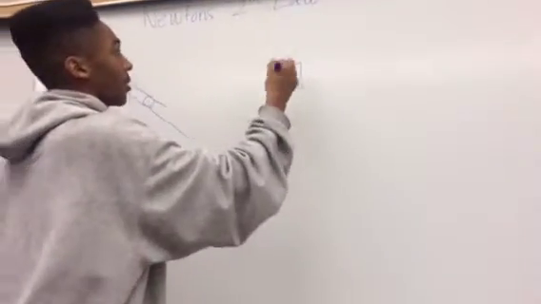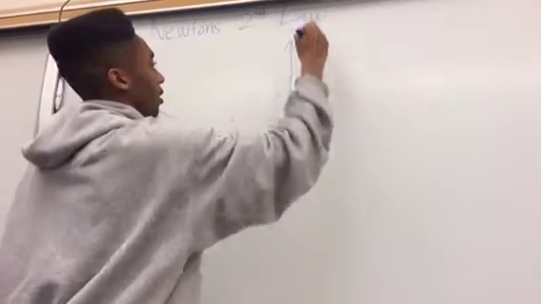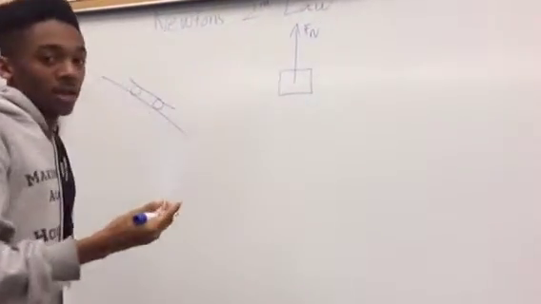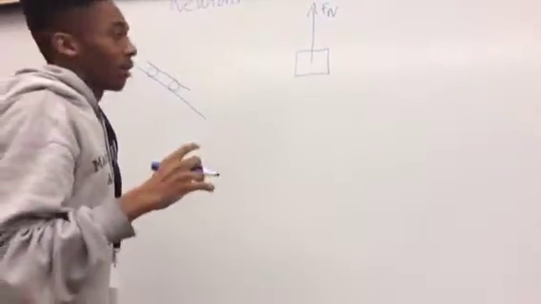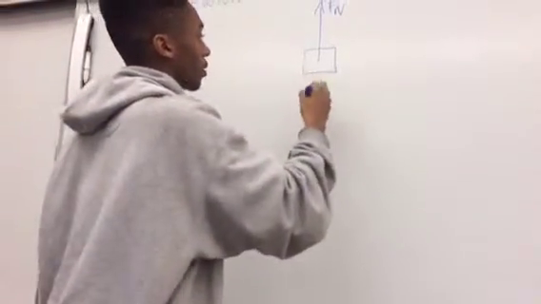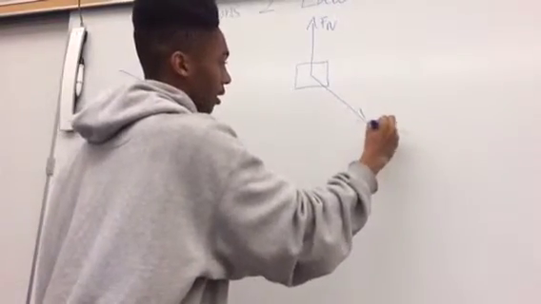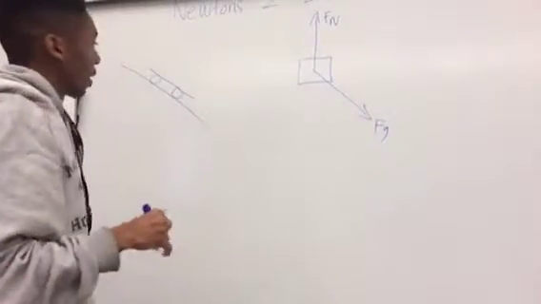So our first force that I'm going to draw for you is the normal force. This is always going to be acting on it if an object is on a flat surface, or any surface in general. With this force, there's also going to be the force of gravity. It's going to be at an angle because the ramp is at an angle.